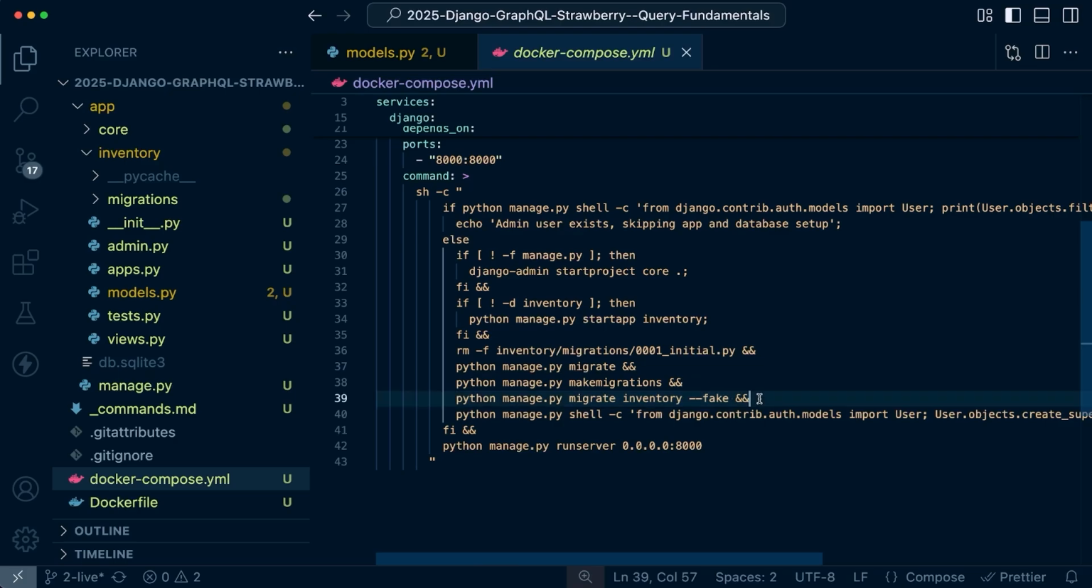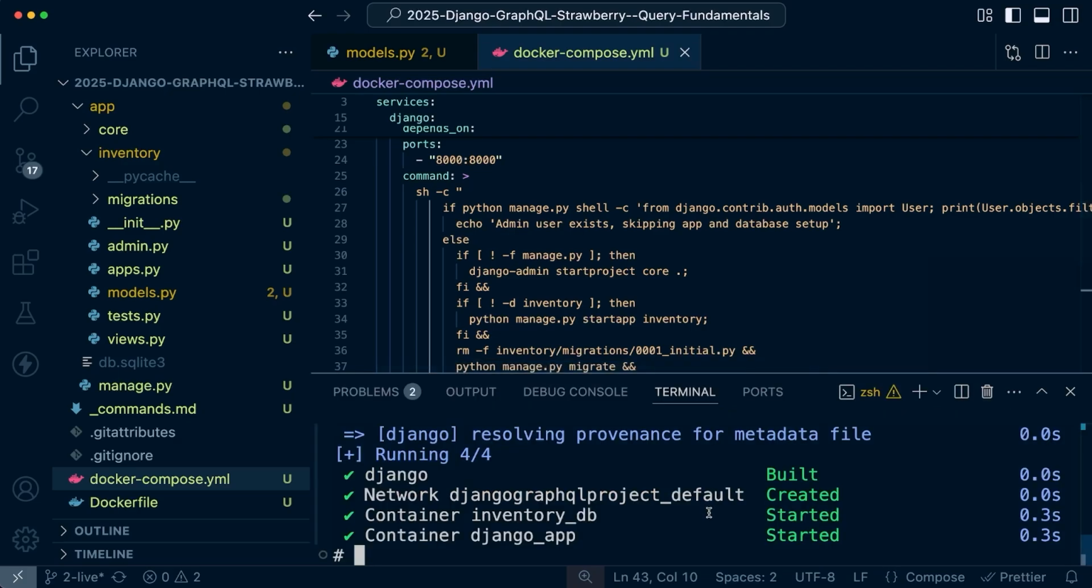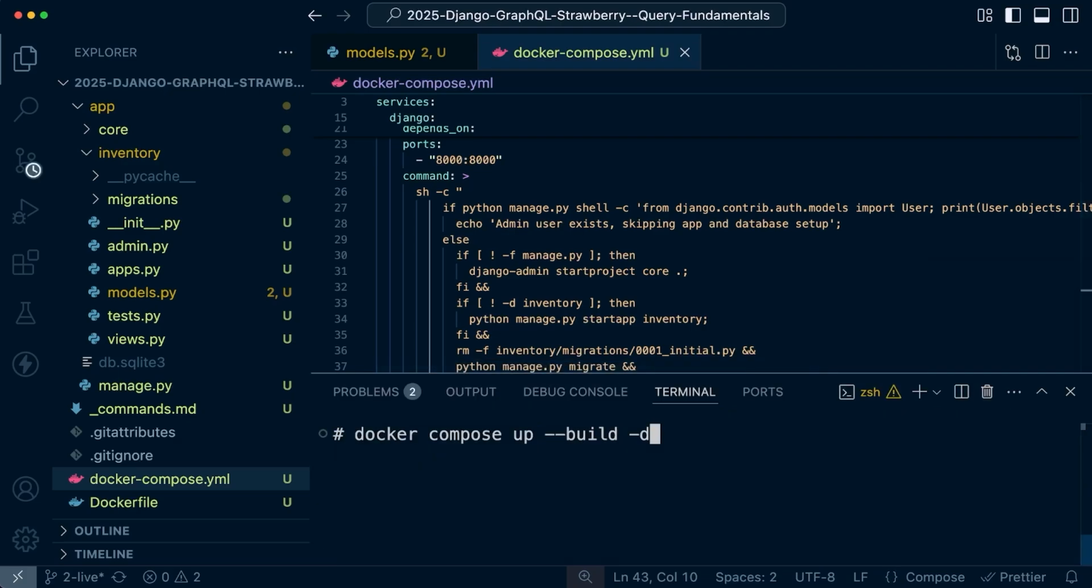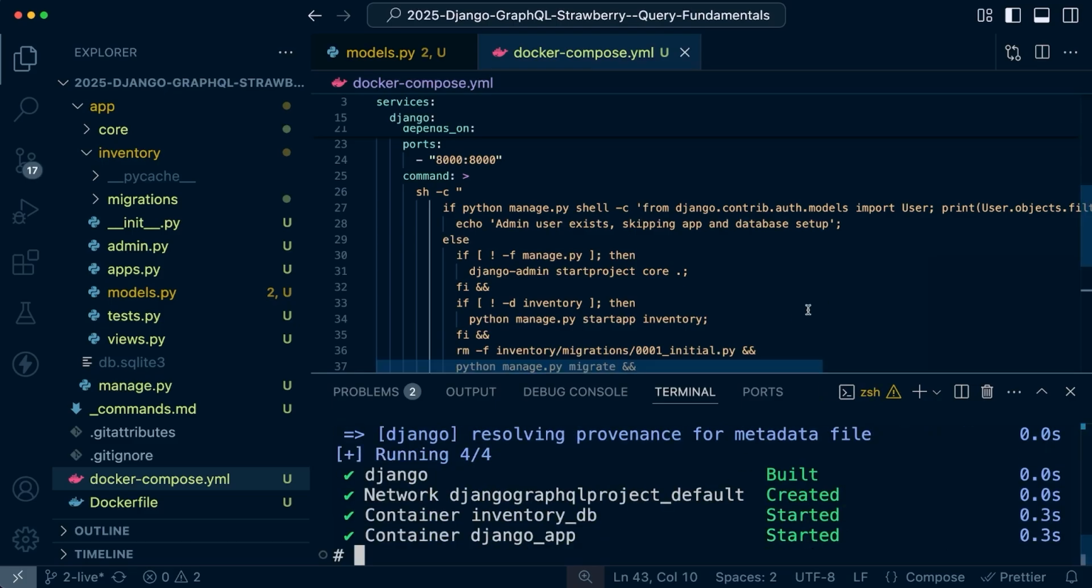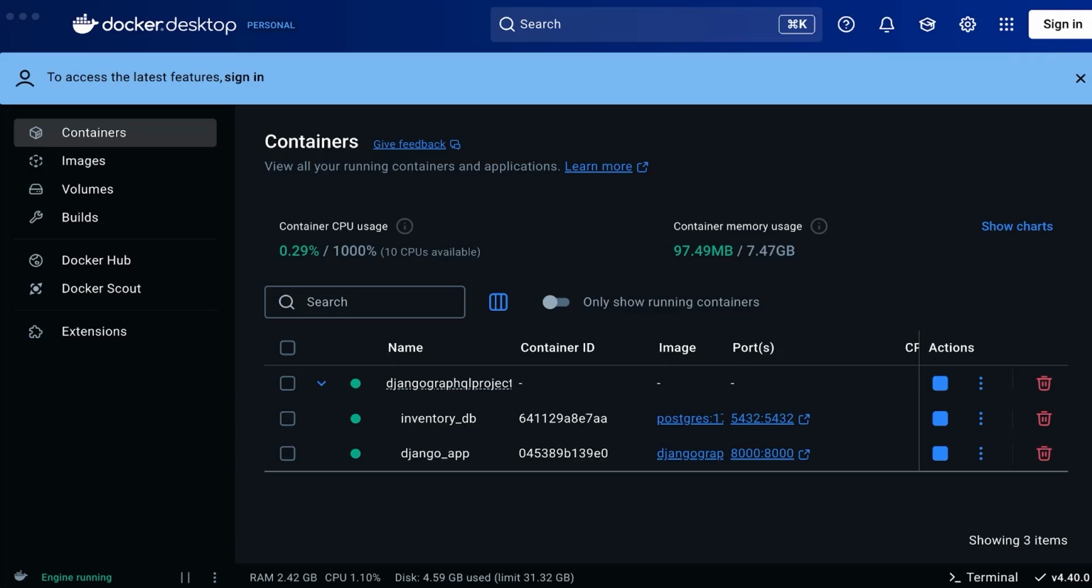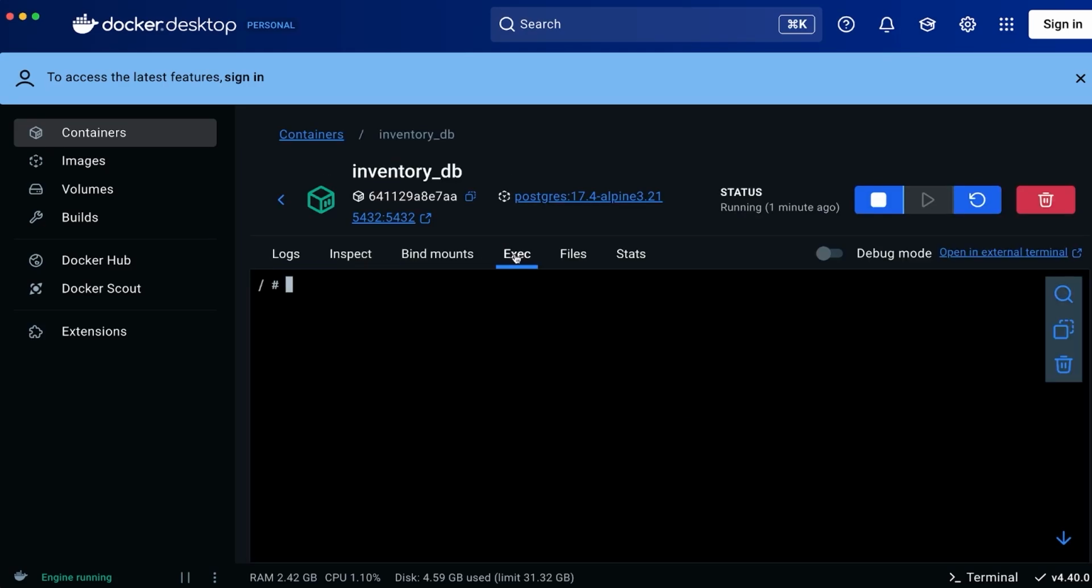So here we have the fake option to fake the migration. Let's just remove that for now. So we go ahead and remove the fake option, so it does actually get migrated at this point, and we can see it in the database. Then let's run our docker up build with the -d flag again to recreate the containers. All right, so if you go back into the containers, select your database, go to the exec, and from here